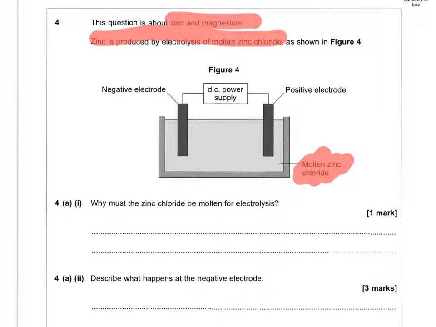What you will have studied is aluminium oxide, and that's a molten one as well. And that is a real key word, is molten. Because molten means melted. It's not dissolved,